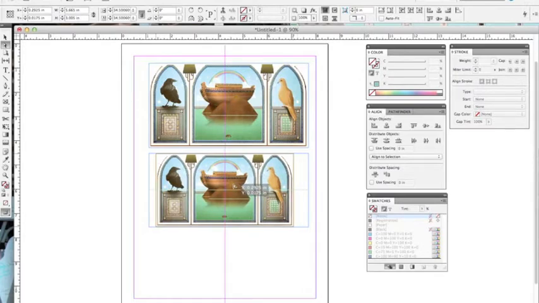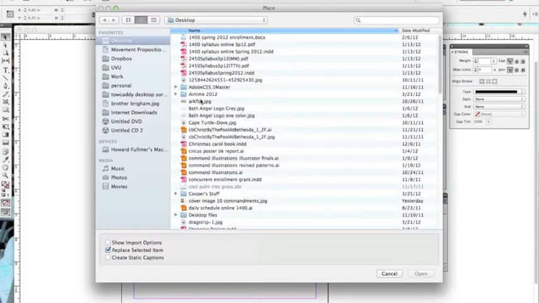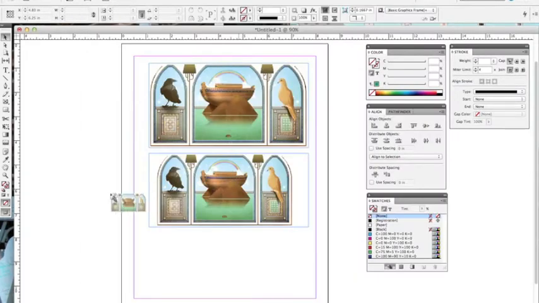Okay, and you'll see that guide that shows you where you're centered and stuff like that. All right. So those are a couple ways to do it. Finally, the last way that you can do it that makes it even a little easier, if you know where you want something to go, is go to File, Place, or Command D, get Arc, open it, and now instead